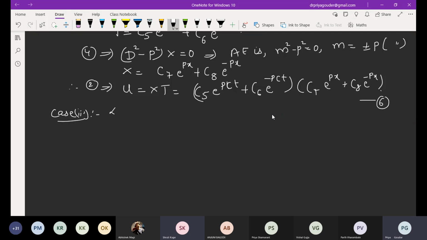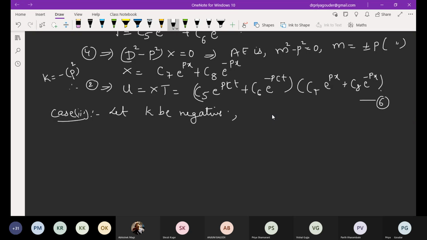K is negative. So let it be negative, but if K is negative, it means K is in which format? Minus of some quantity. Do you agree with this? Now this quantity, if I take it as only K, like if I take K as minus K, it is again coming as a square root. To avoid it, I take it as P square. Can I take it like that?